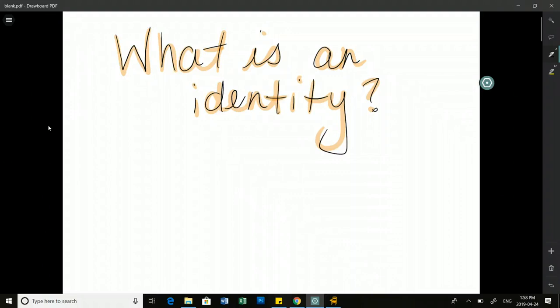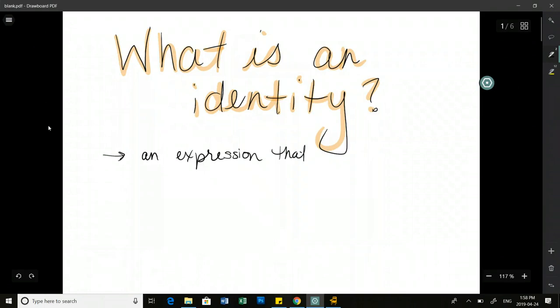Okay, but firstly it would be helpful if we know what an identity is. This isn't on your lesson, but if you would like to record this information, there's a little bit of space down at the bottom in the back of your lesson. So, an identity is an expression that's true for all values of the variable in the equation. It's usually one variable, but an expression that is true